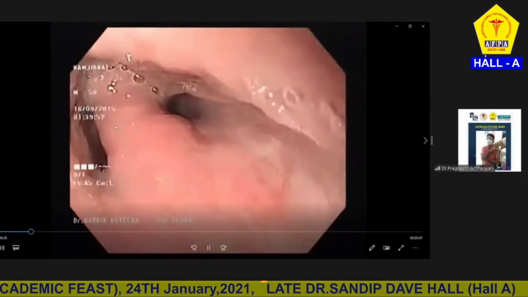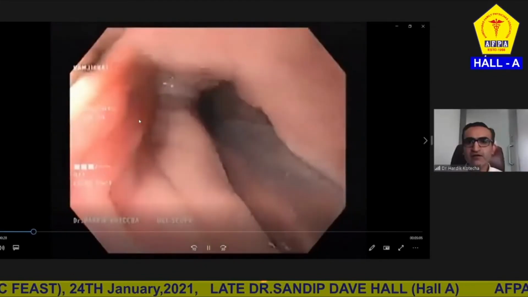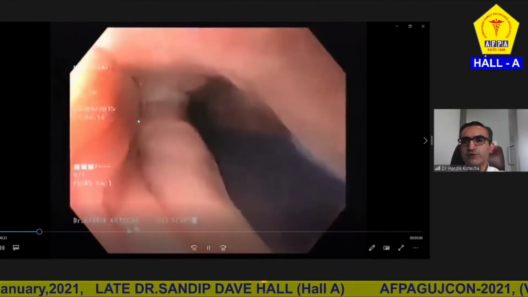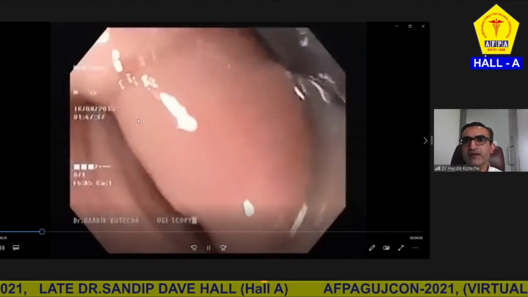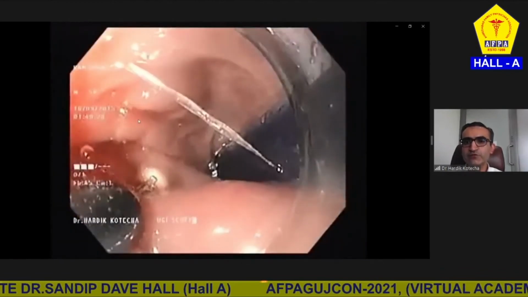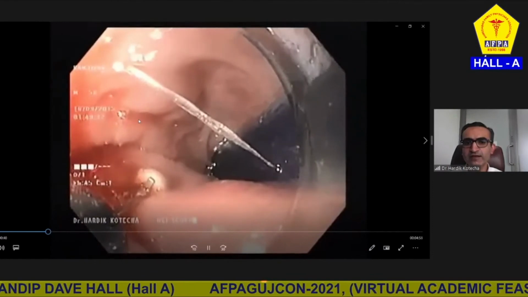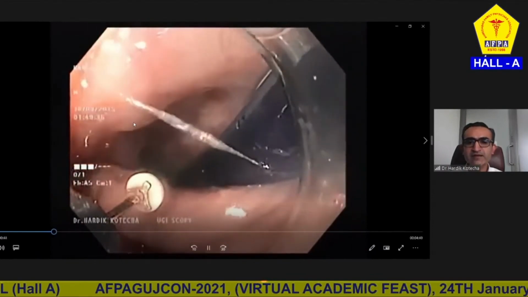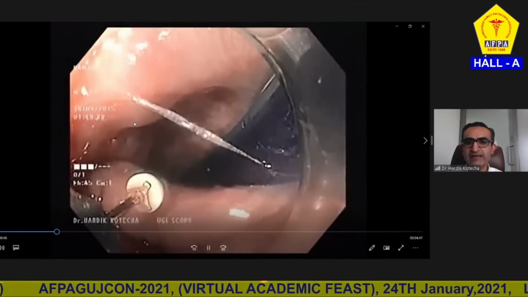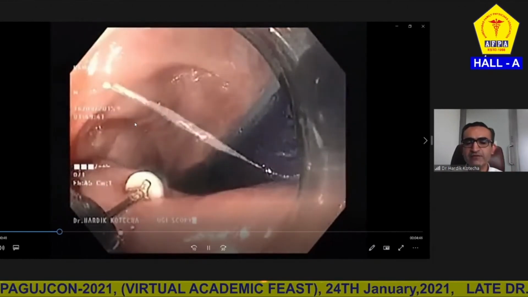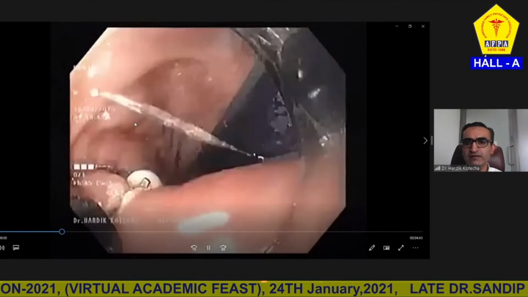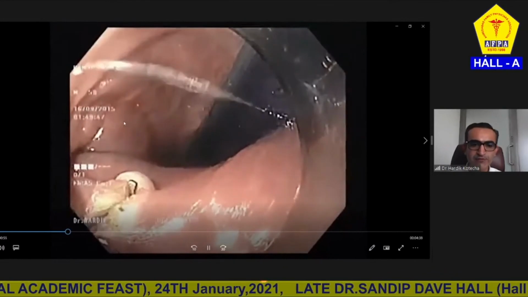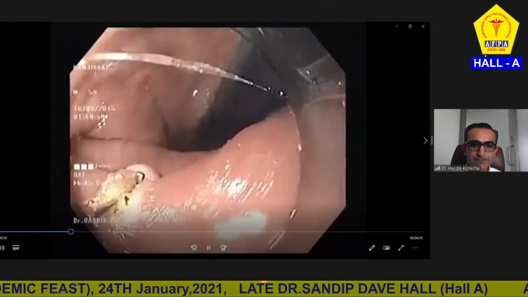Yes. So this is the cricopharyngeal bar. This is anteriorly. This is the esophageal lumen. So I'm putting a Rice tube over there to identify it, and I'm pushing some methylene blue so I can actually see the color of the Rice tube and the esophageal side of the lumen. On the right lower side is the diverticulum. With the help of this IT knife, which has an insulated tip, the ivory white colored tip not having electrocautery, I can cut this cricopharyngeal bar, which is the hypertrophied muscle, endoscopically.